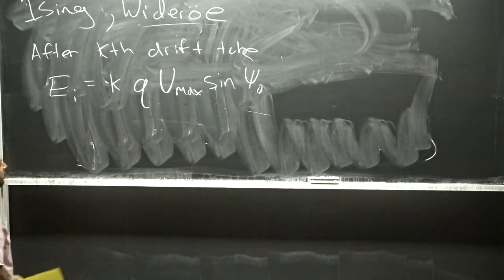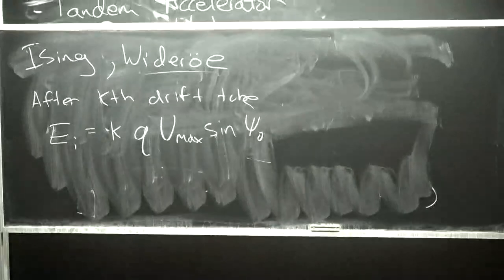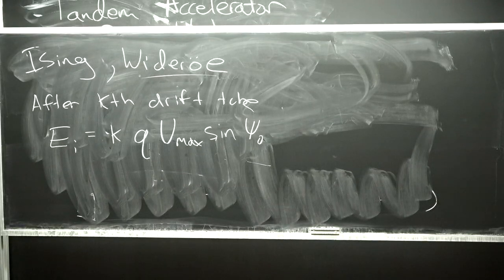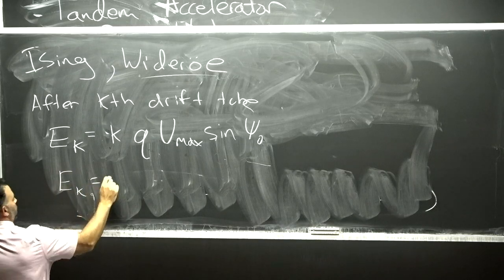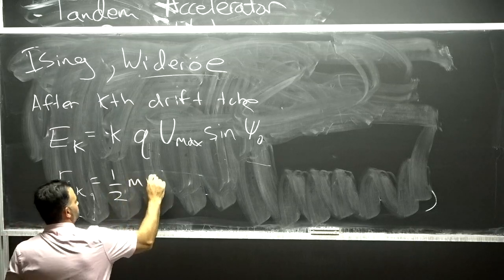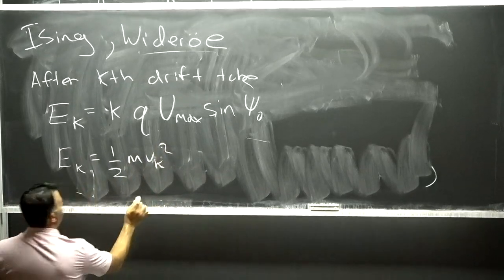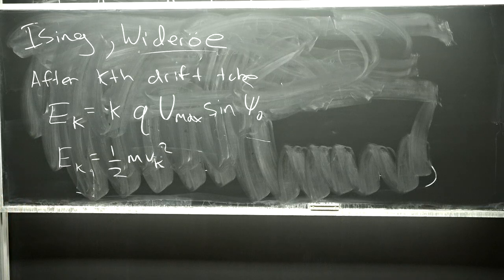Now, if I take this expression and say, let me start with a particle that's at rest from my ion source. So at the beginning, it'll be a non-relativistic particle. And if it's, for instance, a proton, it'll be a while before it's relativistic. So if this is my energy after the kth part that I go through, if it's non-relativistic, I can say, well, my energy will just be given by the kinetic energy of this particle, non-relativistic.